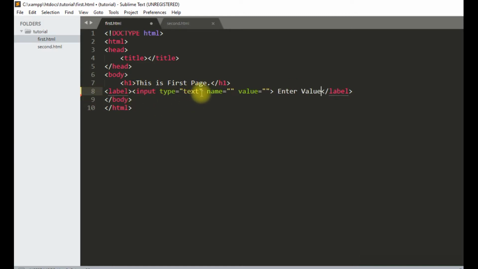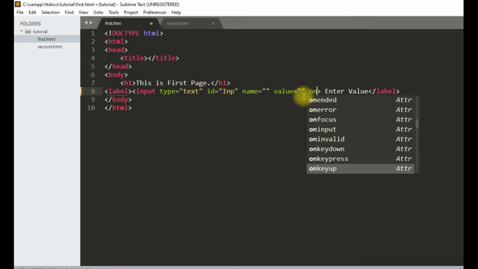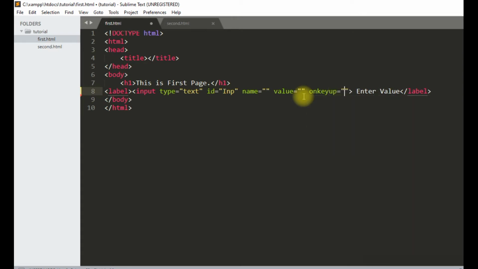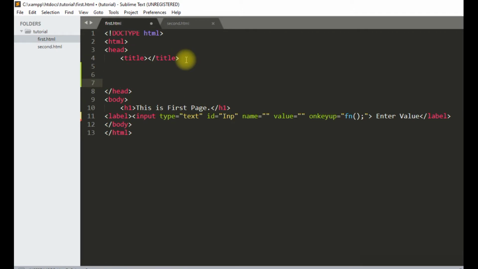For this input field I will give some ID tag, say INP, and in this input field I will put on key up function on key. Now I will define this on key up function.